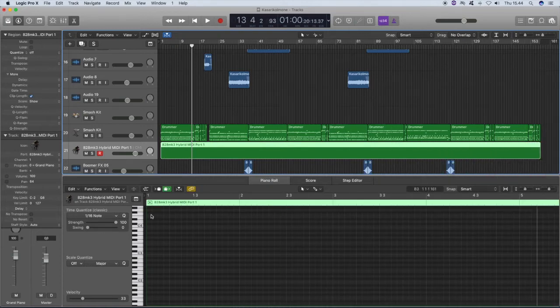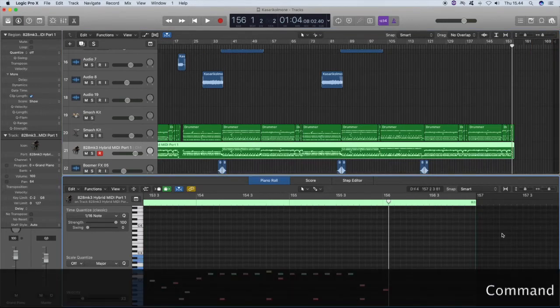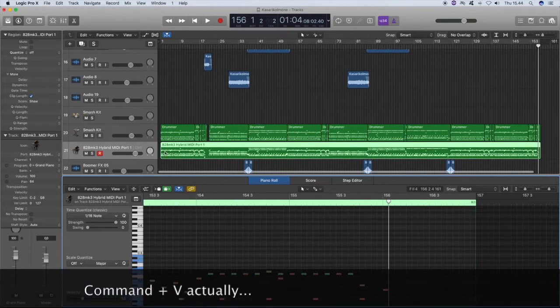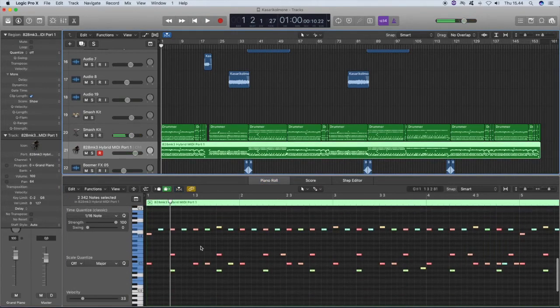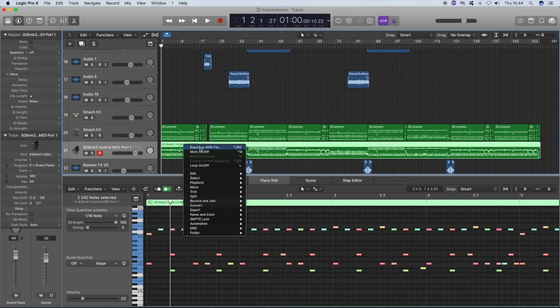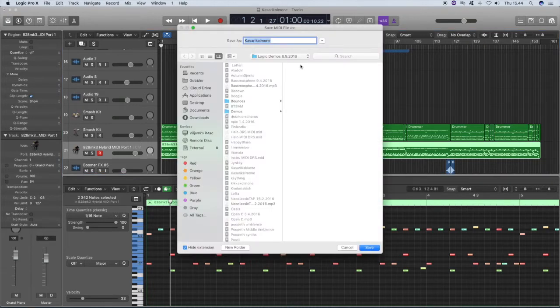Go to the beginning, Command C. All right, so now we should have two that look the same. Yeah, all right, so now we can just export this as MIDI file, which